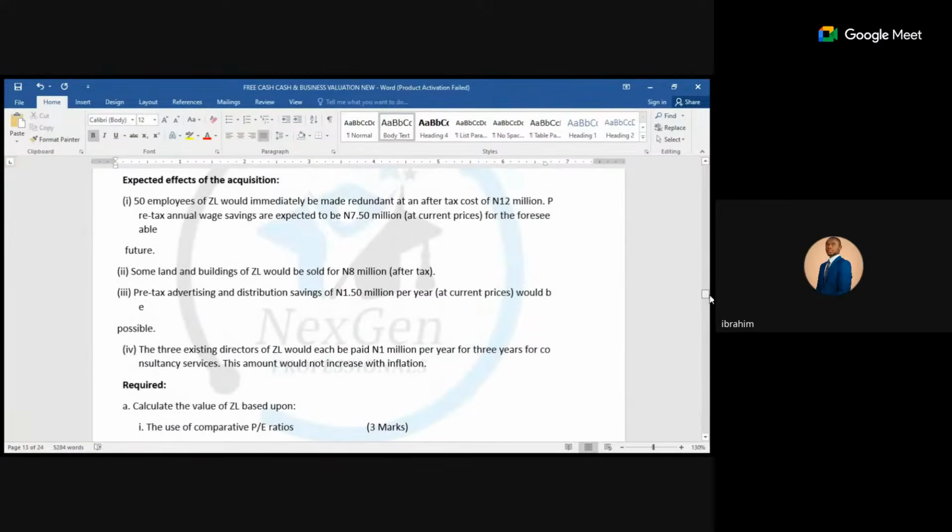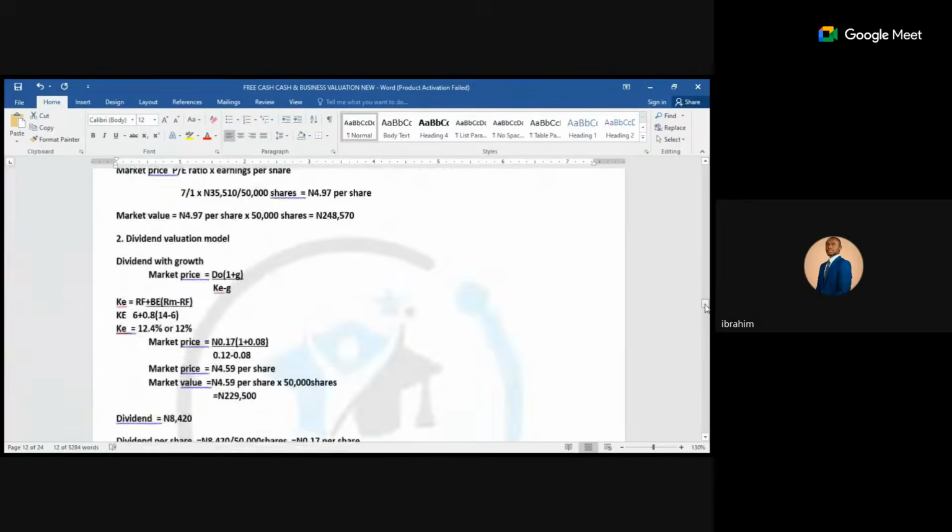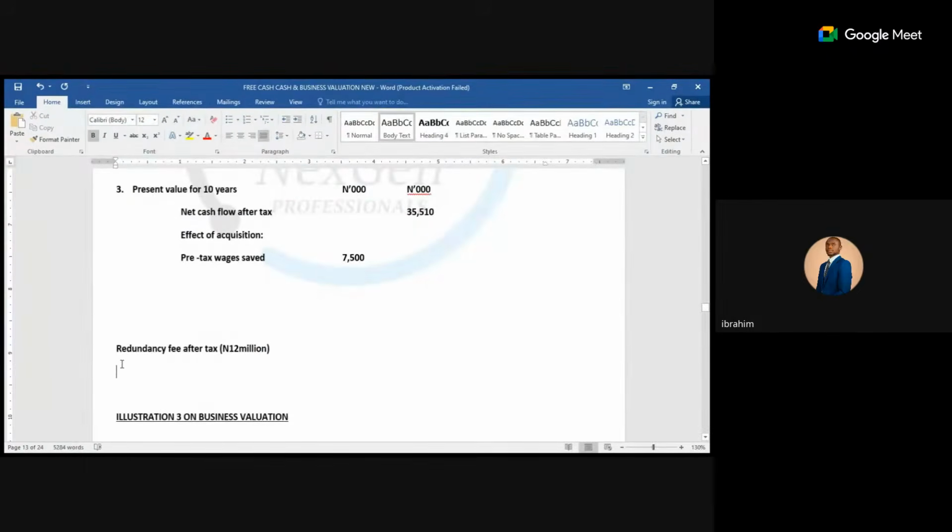We have some land and building of ZL will be sold for 8 million. Class, some land is also a one-off. It is one-off, right? It is a zero. We have the 8 what? It is after tax. After tax, right? 8 million. So you still come here and analyze it and say